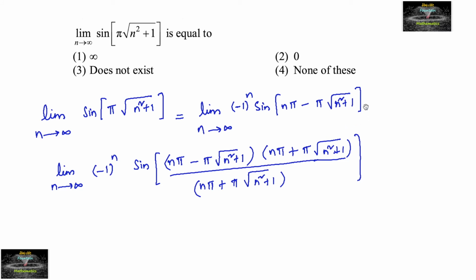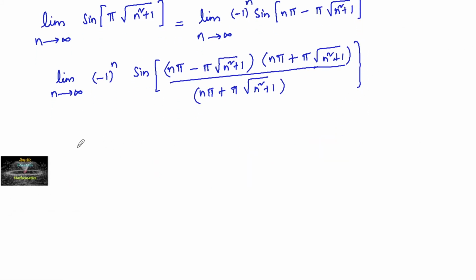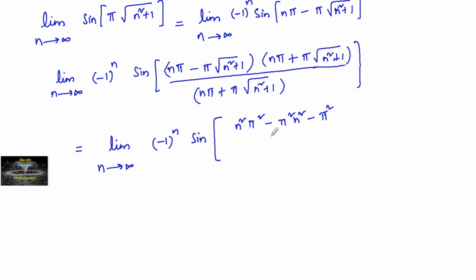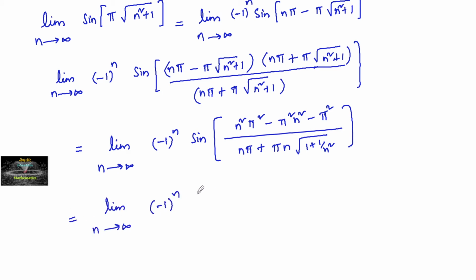So which equals to limit n tends to infinity, minus 1 whole to the power of n, sine of, this is n square pi square minus pi square times n square plus 1, so we will be getting minus pi square, divided by n pi plus pi, taking n common, root of 1 plus 1 by n square. So which is equal to limit n tends to infinity, minus 1 whole to the power of n,